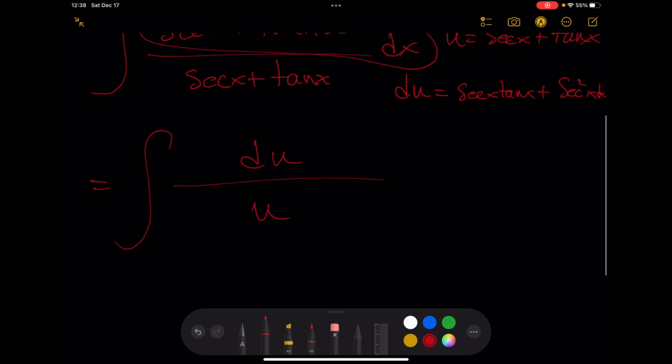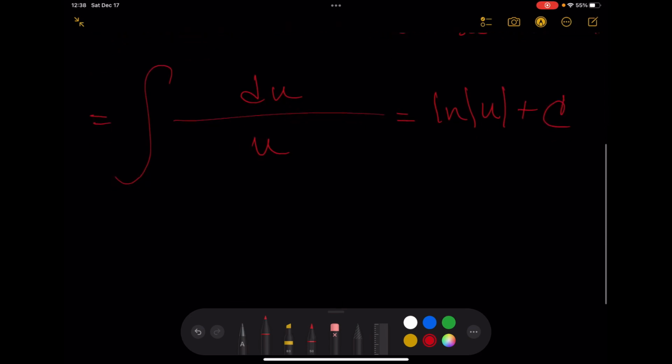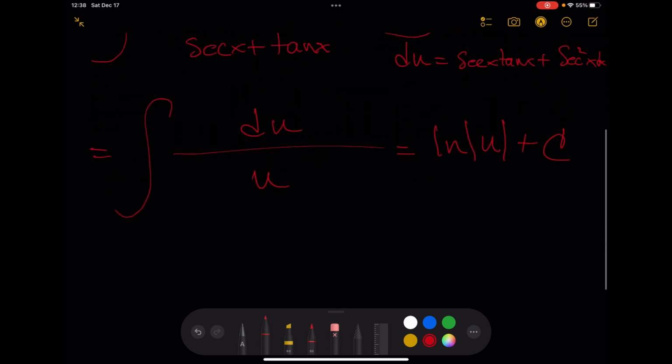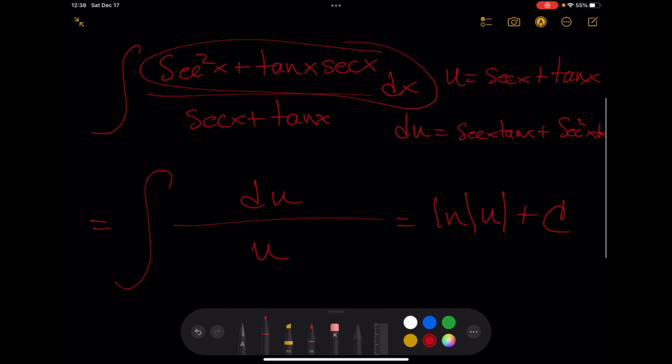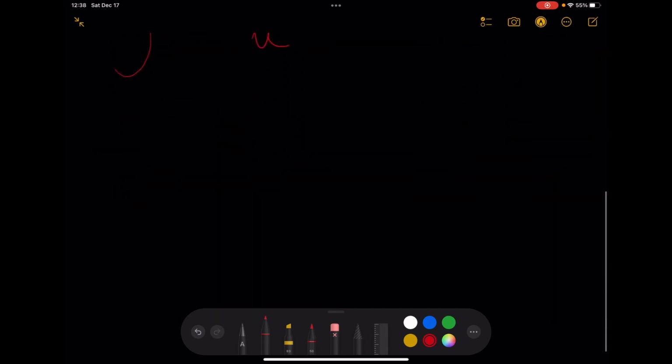In other words, this integral will end up simplifying to ln the absolute value of u plus our constant. Now, since u was secant x plus tangent x, the final answer will be equal to ln absolute value of secant x plus tangent x plus c,